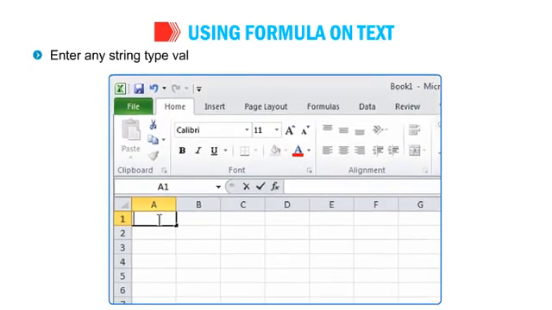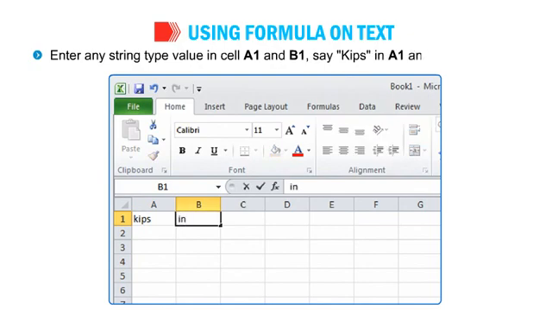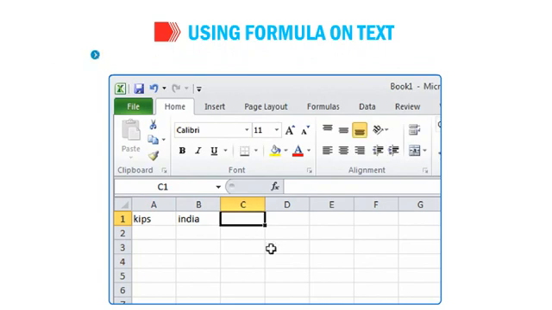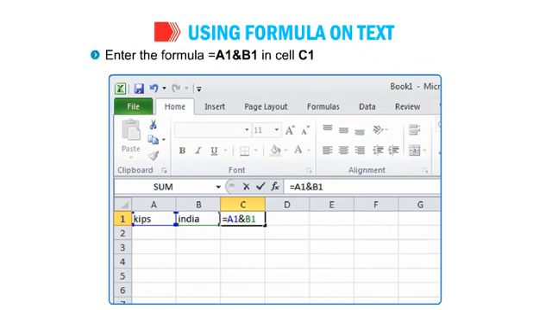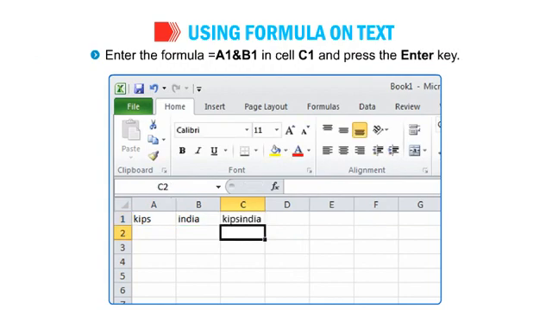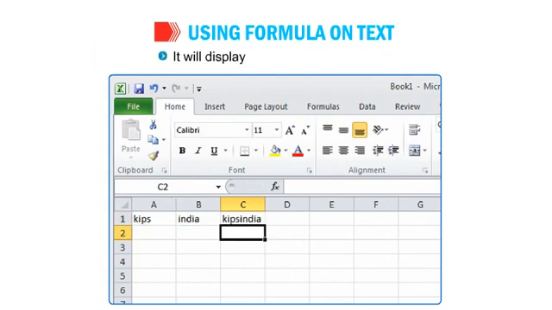Enter any string type value in cell A1 and B1, say KIPS in A1 and India in B1. Enter the formula equal to A1 and B1 in cell C1 and press the Enter key. It will display KIPSIndia in cell C1.